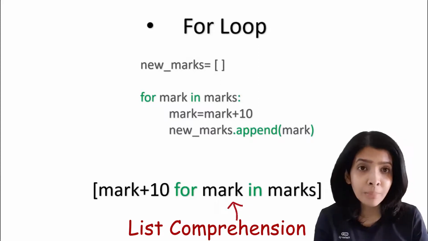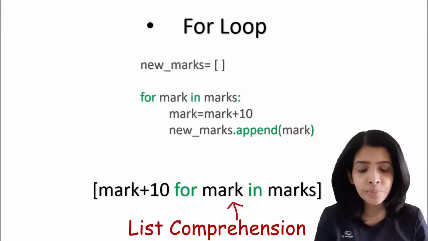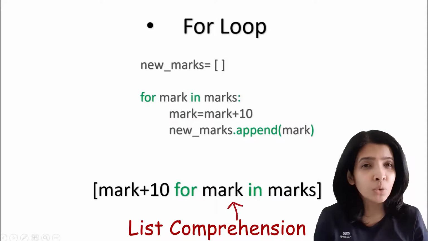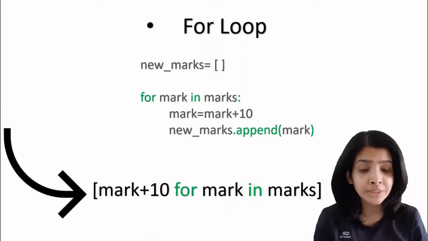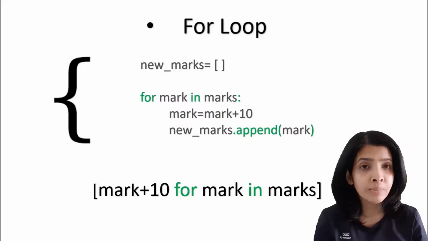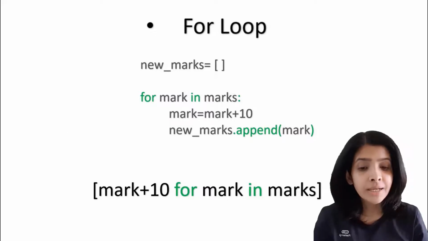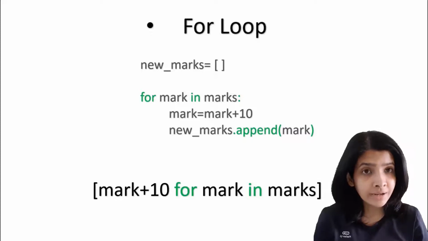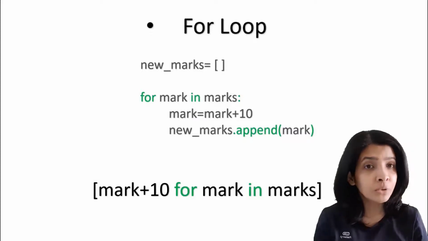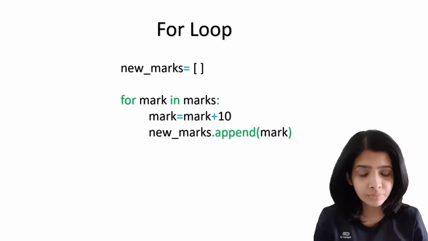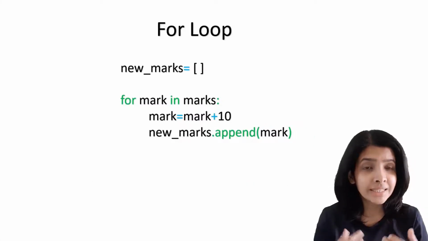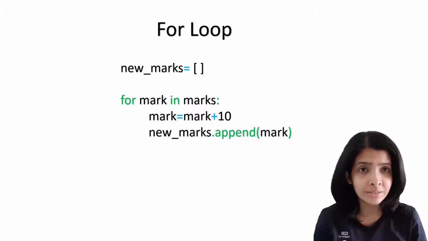If you compare list comprehension with a for loop, list comprehension requires only one line of code, whereas a for loop takes 4 or 5 lines of code to accomplish the same task. List comprehension is easy to read and write, and it is computationally much more efficient than a for loop. And it is easy flowing, just like talking in English.